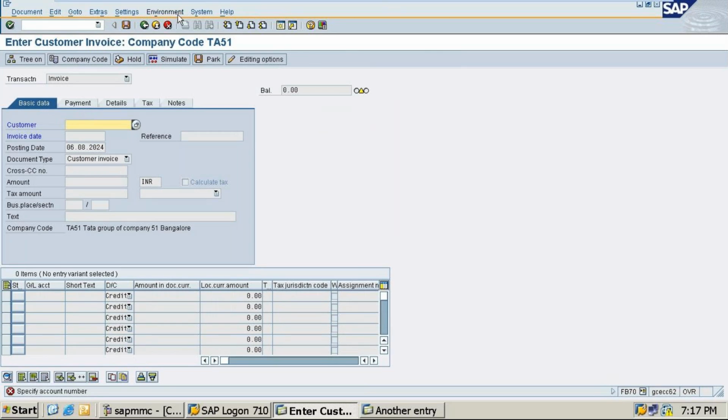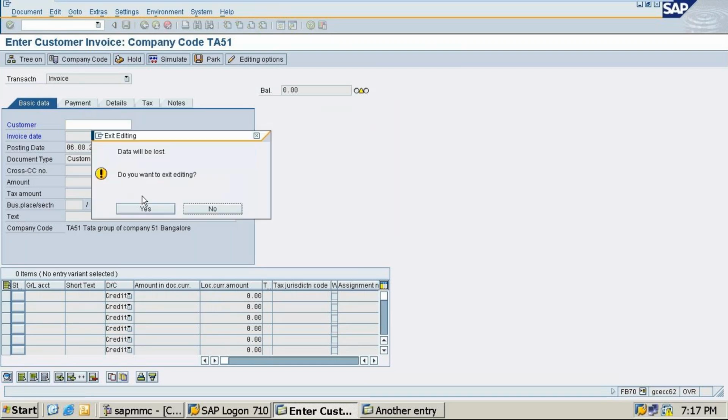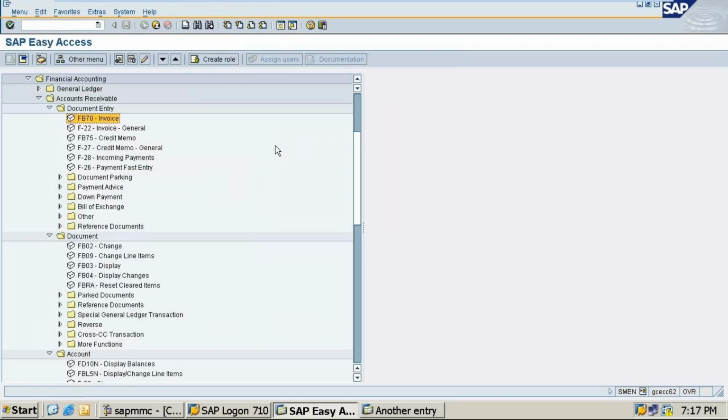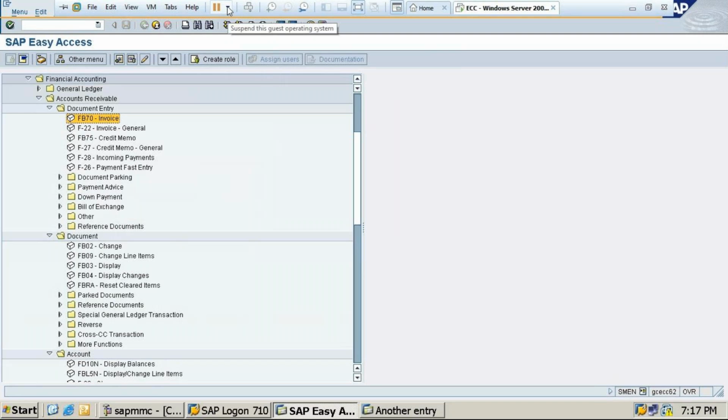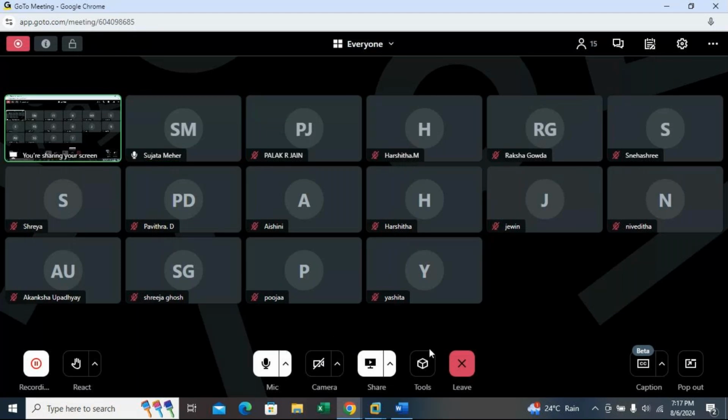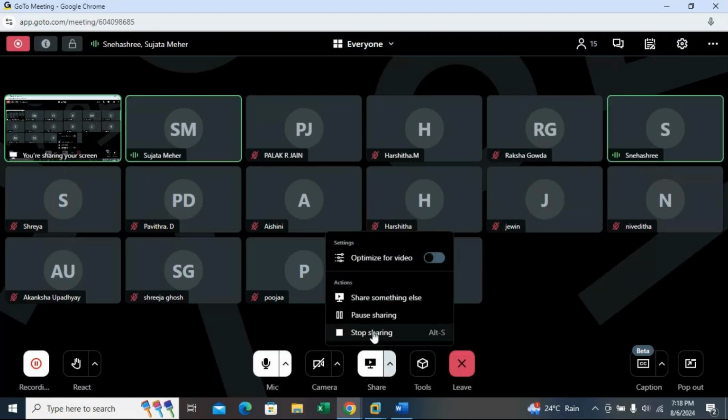Can you do it in front of me? Yes, ma'am. Okay, one second, ma'am. I'll stop the sharing because there is no new topic. The topic is over. Now, can you share so I can suggest how to do this? Okay. So I'll stop sharing. Who wants to share? Snehashri, ma'am, I'll share. Yes, ma'am. I'll log in through my laptop.